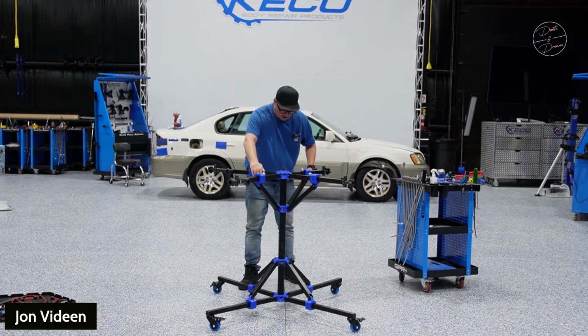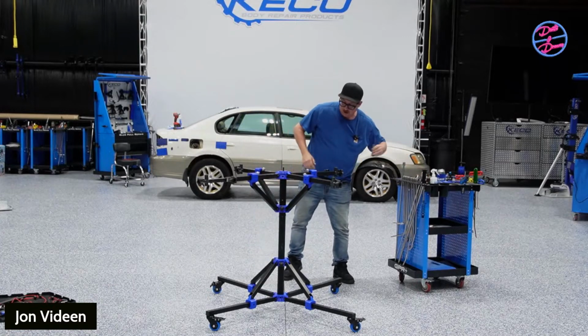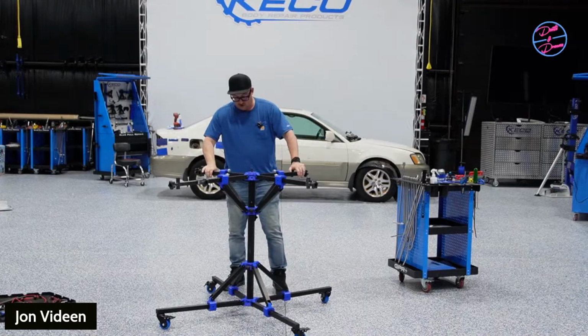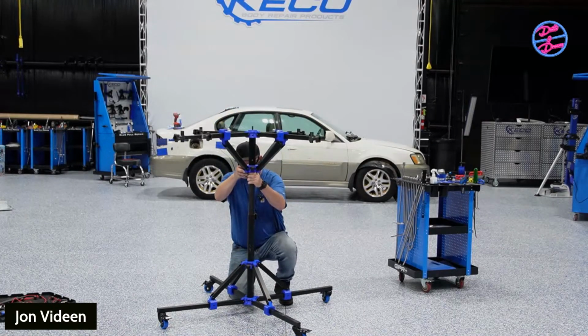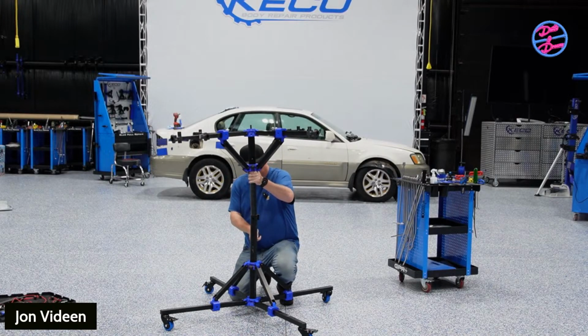Before I do that, I'm going to show you the height adjustment on this. So right now we're kind of at the lowest point where it could go. And you can lift this thing all the way up to about